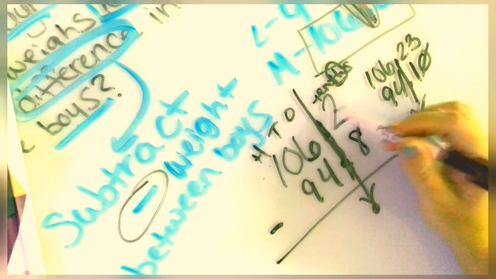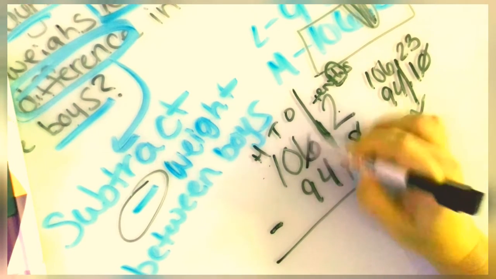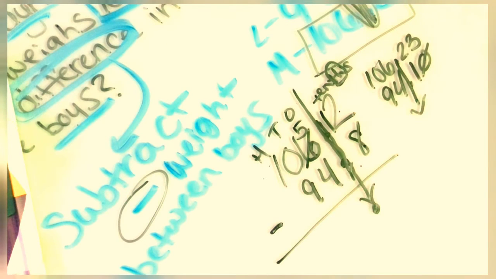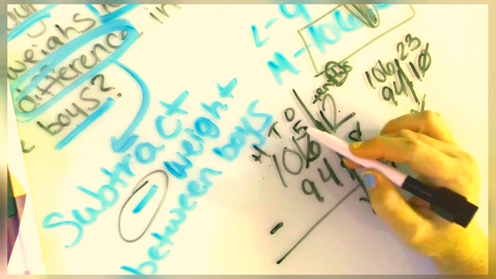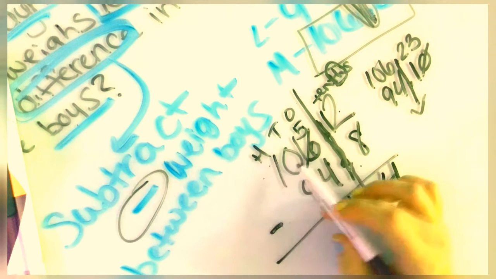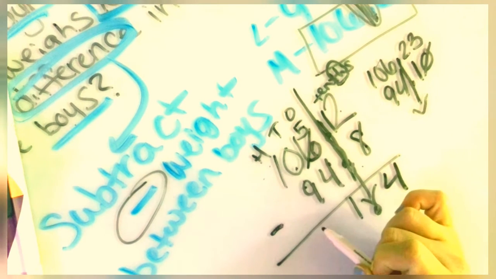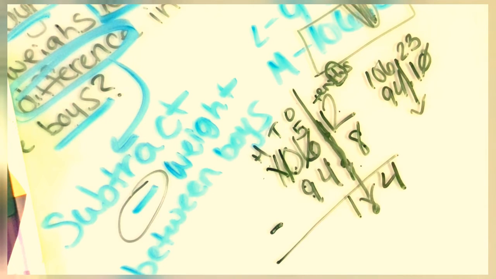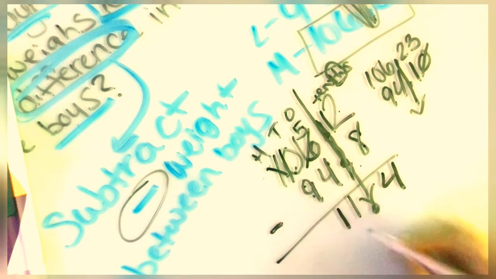You can't take 8 from 2. So you have to come and borrow from the 6. The 6 becomes a 5, and we put our 1 over here. The 12 minus 8 gives us 4. Then we come back over and we do our 5 minus 4 gives us 1. We can't take 9 from nothing. So we have to borrow from the hundreds. Make that a 10. 10 minus 9 gives you 1. Your answer is